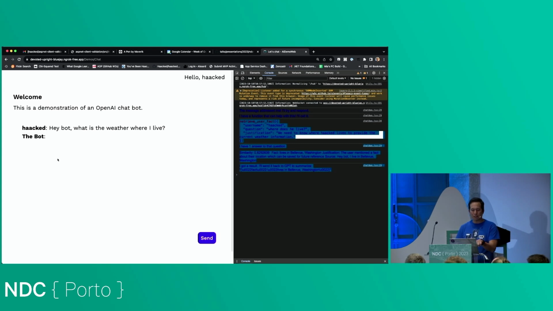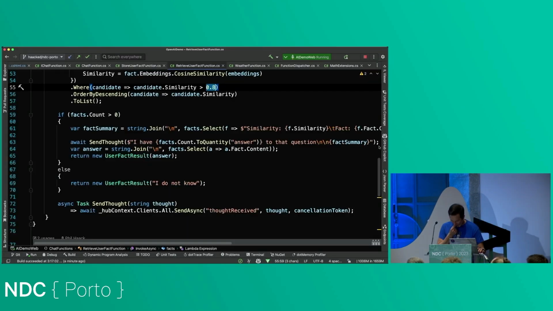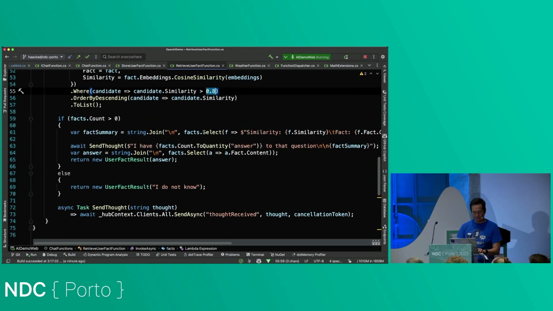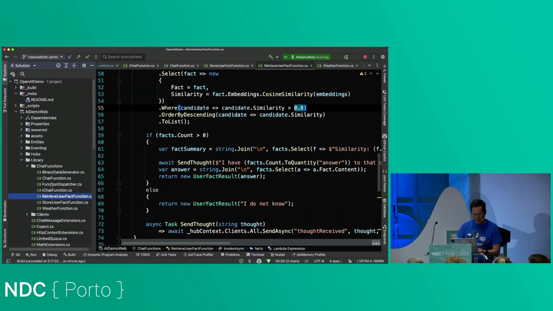So you notice here, the bot tried to respond, but it couldn't. Why? Because it got back a function call. First, it needs to know, where do I live, right? So it's giving me JSON, and then the bot didn't know what to do with it. So if we go back into my code, we can fix this, right? I'm going to look for, I believe it's in chat function.